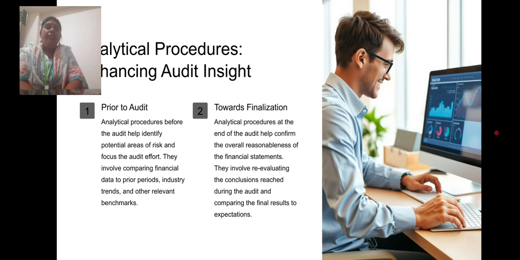And we also have types of audit procedures. The first one is inquiry, second is confirmation, third is observation, fourth is inspecting the documents, fifth is inspecting the assets, sixth is recalculation, and the last one is reperformance. The common audit procedures are